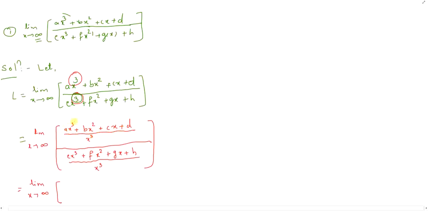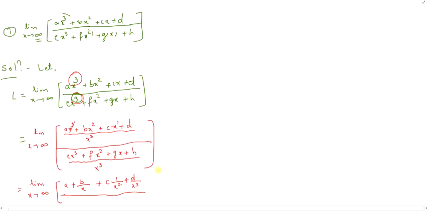now due to this plus sign we have to divide each term by x cube. So in the first term x cube gets cancelled and what remains is only a, plus in the second term the power is one less, so b by x plus c into 1 by x square, that is, take the subtraction of indices. Here the index of x is 1 and the index in the denominator is 3, so 3 minus 1 is 2, so x square is left. The highest power is in the denominator, therefore in the denominator we get a term, and in the last term there is no x, so d by x cube as it is.